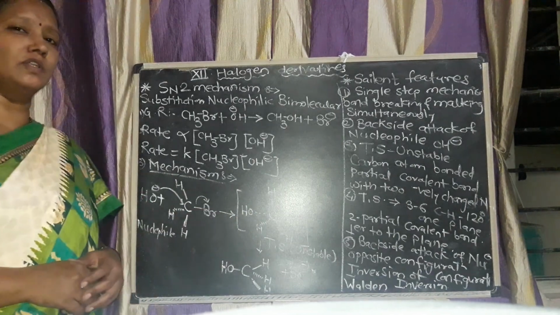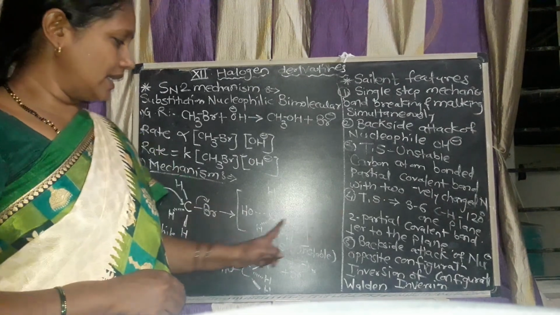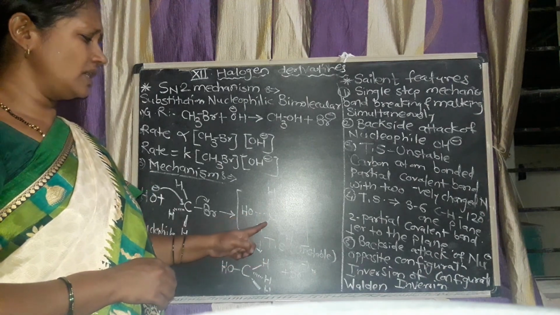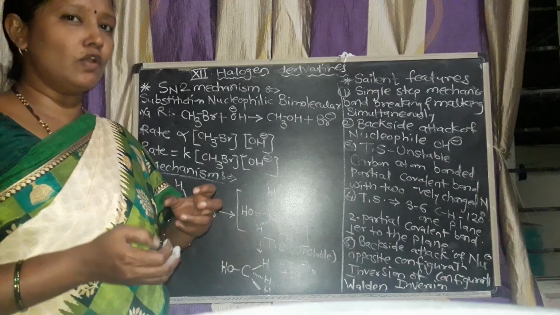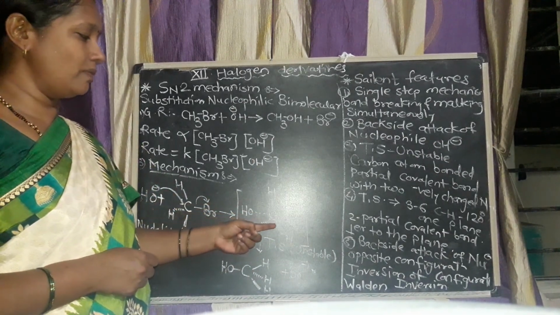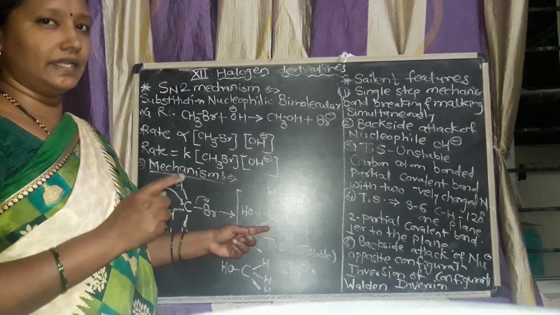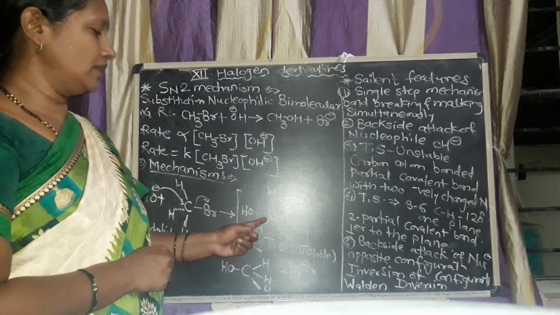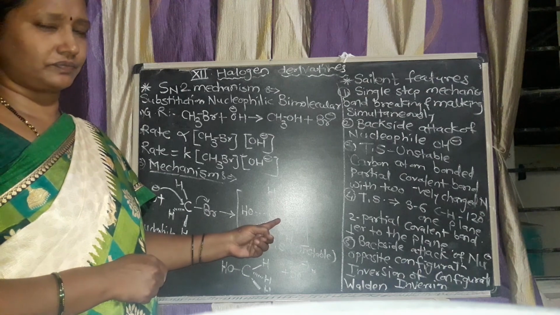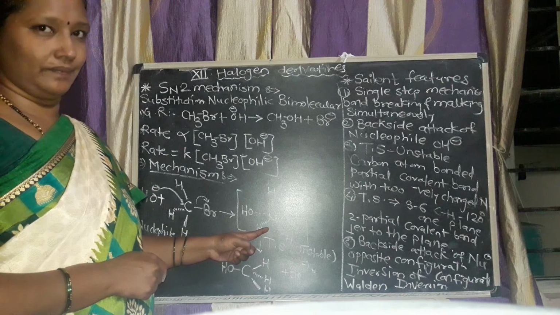Now fourth one is also about the transition state. This transition state contains three sigma bonds. Sigma bonds mean there is axial overlapping in the sharing. There are three sigma bonds between the carbon and hydrogen. They are present at 120 degrees and in one plane. And there are two partial covalent bonds with the two nucleophiles. These partial covalent bonds are perpendicular to the plane.